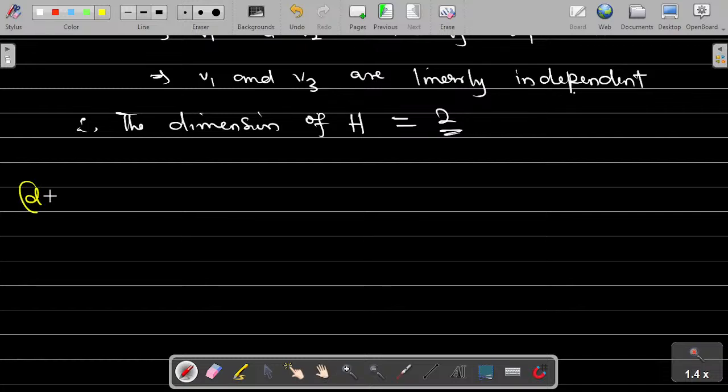So we go over to the next one, which is D, and there we are told to find the basis and dimension of H. Let me try to write that. Find the basis and dimension of H, which is given as, our H is given as,